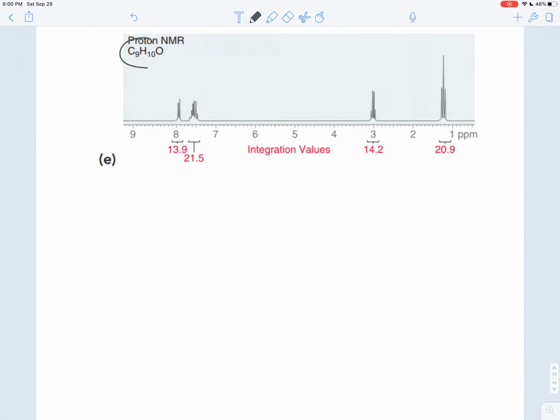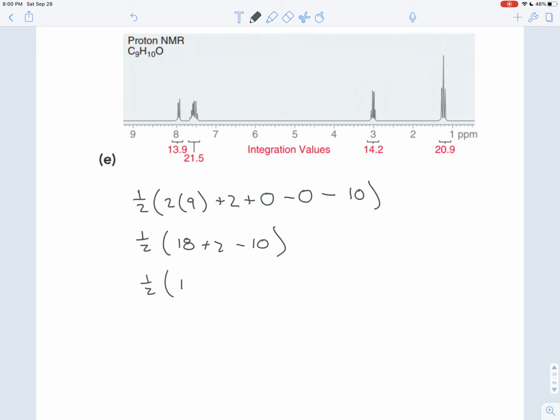Okay, in this next one, they give us the molecular formula. If you were working in a laboratory, you would figure that out by comparing the molecular ion peak and the M+1 peak in the mass spectrum. So first thing we want to do is to figure out the index of hydrogen deficiency. 1/2 times 2 times the number of carbons, we have 9 carbons, plus 2, plus the number of nitrogens, we don't have any, minus the number of halogens, which we don't have any, minus the number of hydrogens, which we have 10 here. And so that's going to be 1/2 of 18 plus 2 minus 10, so that's 1/2 of 10